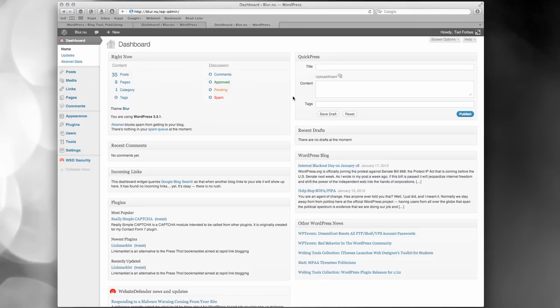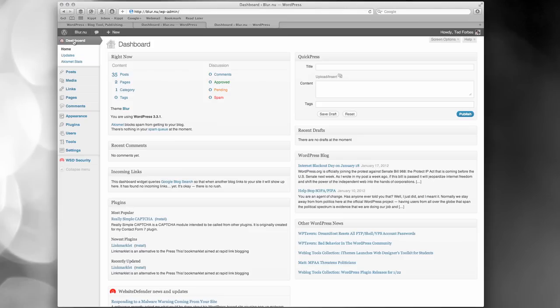And I'm going to kind of quickly go through here. What I will do is when I get a few bugs worked out that still need to be addressed on Blur, I'll put the template up so you guys can download it and tear it apart and do what you want with it. So anyway, I'll talk you through here. And this is the same dashboard if you have the free .com version of WordPress that's hosted with them. You still get this. In fact, they give you a couple more options that are kind of nice in there.